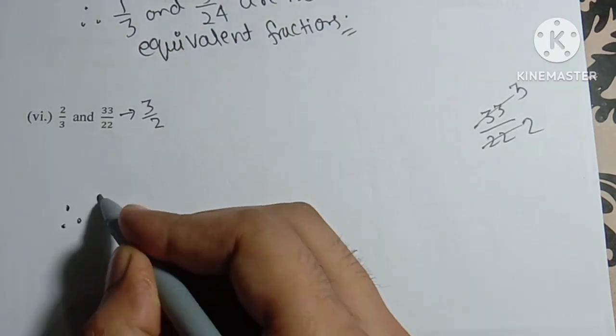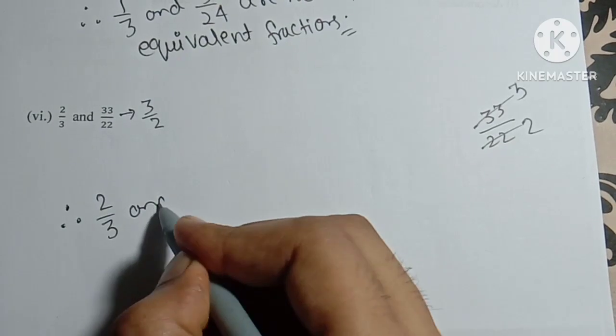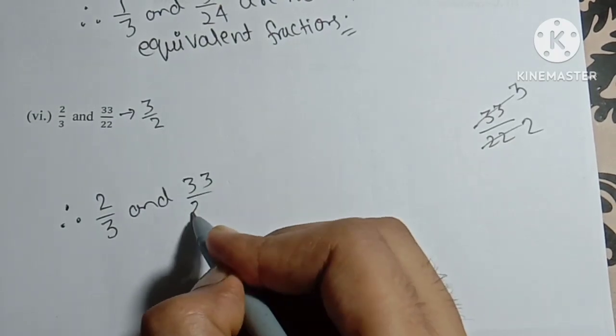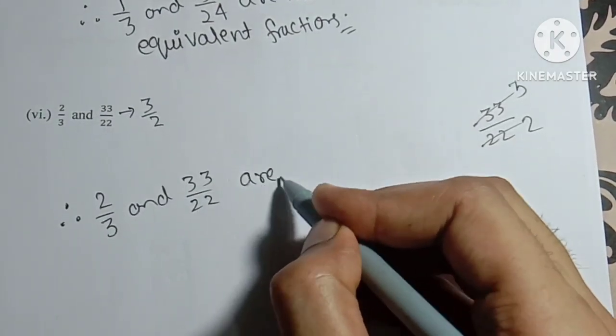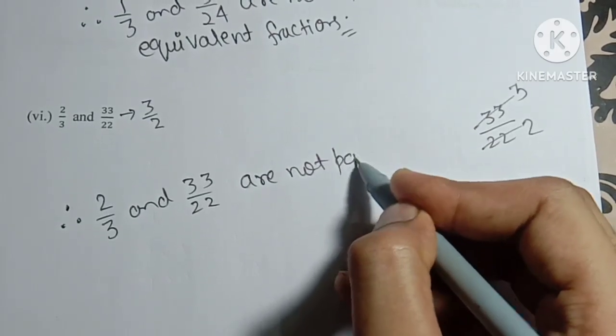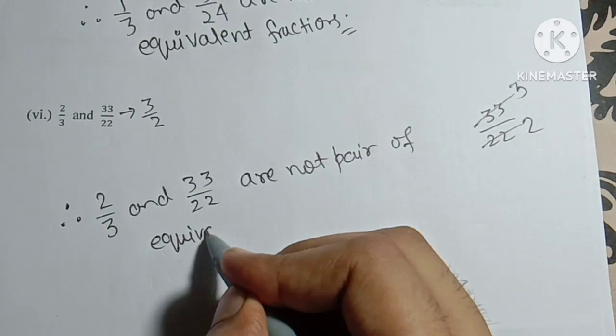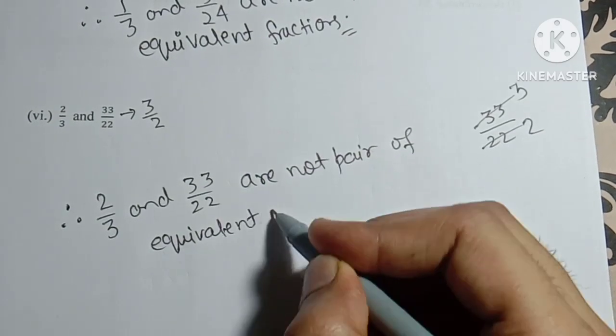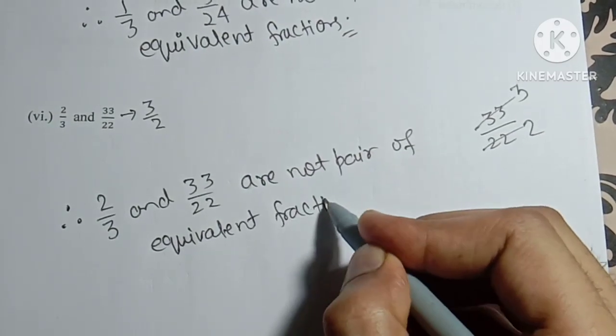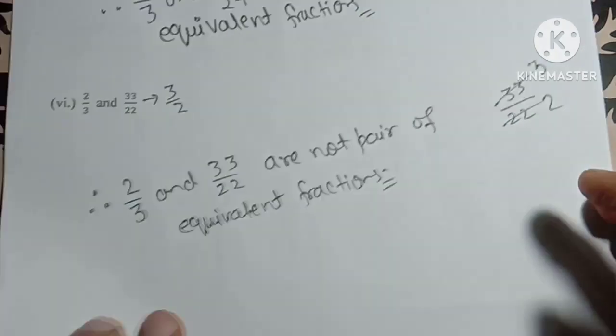Let's write what we have just said. 2 by 3 and 33 by 22 are not a pair of equivalent fractions. Moving forward,